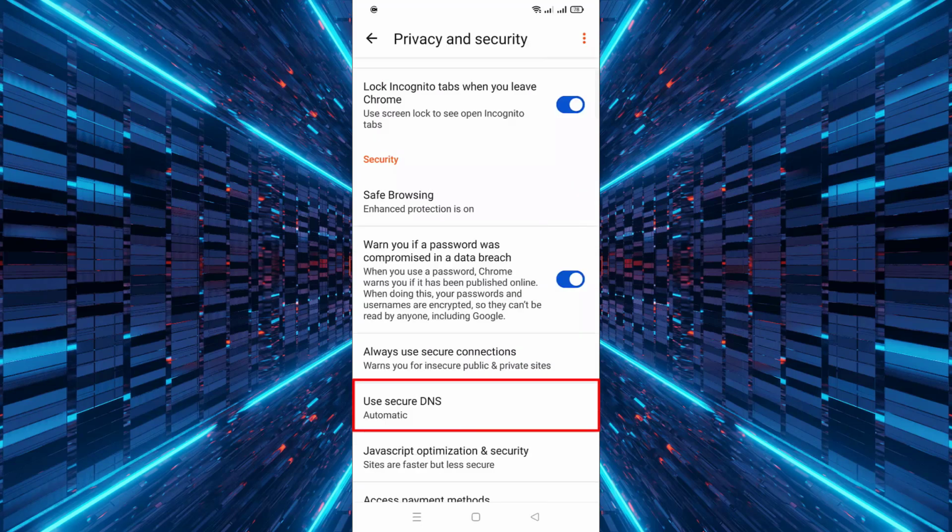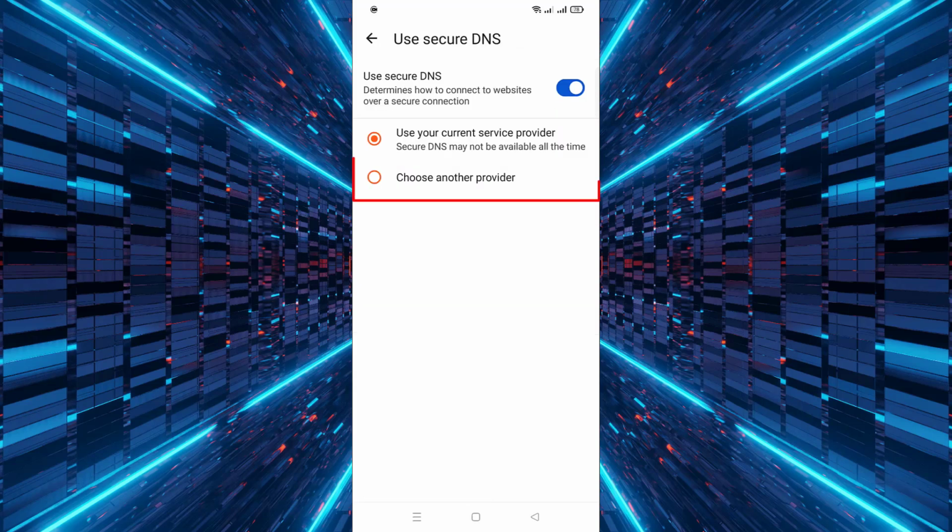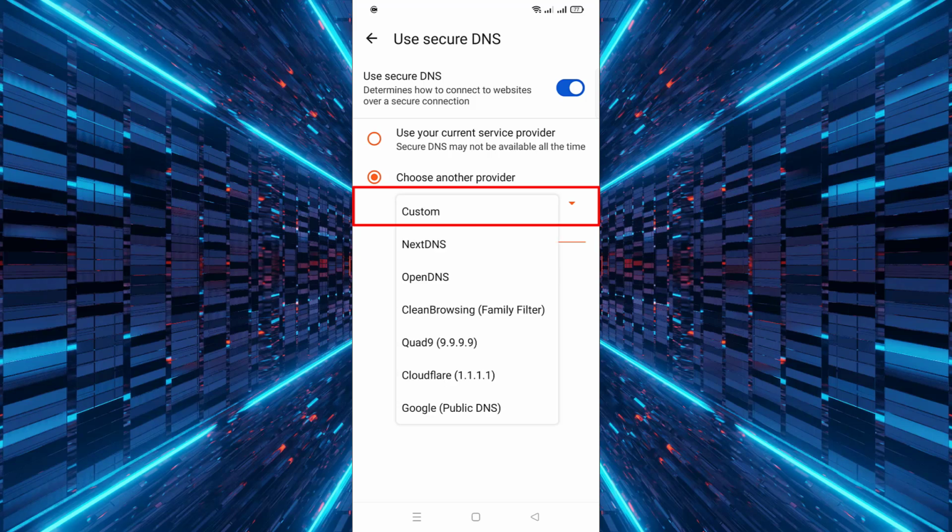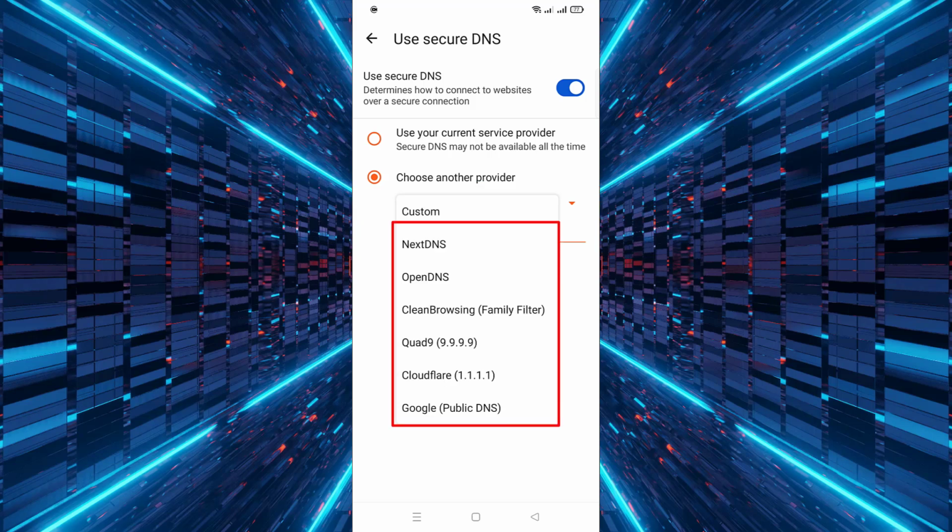Click on Use Secure DNS to open its configuration settings. Next, select Choose another provider to change the default DNS. Then, tap on Custom to manually enter the DNS provider of your choice. You can now choose the DNS server you want from the list, or enter a custom one if you have